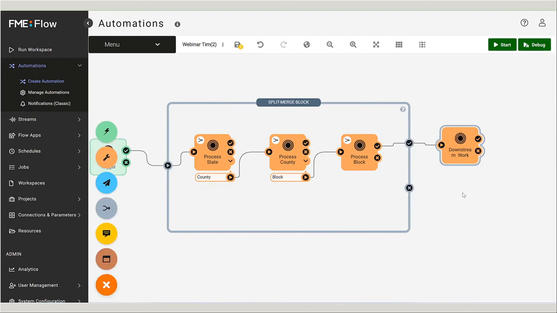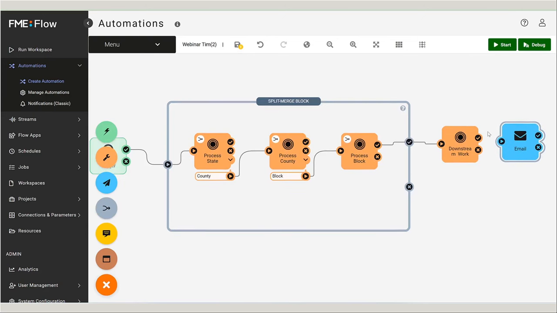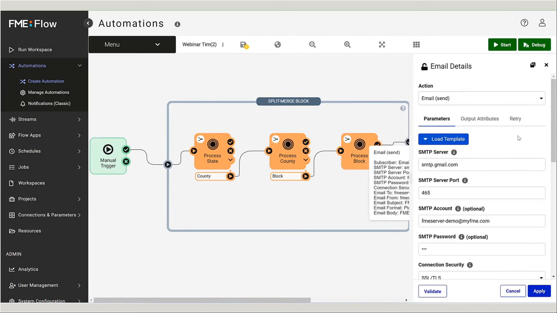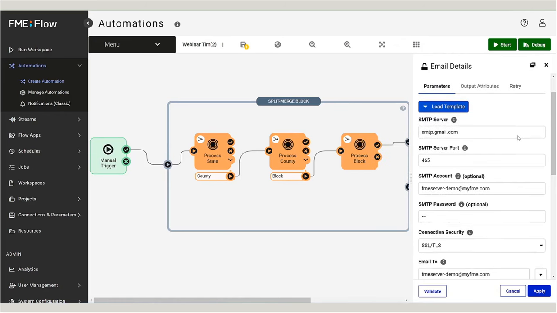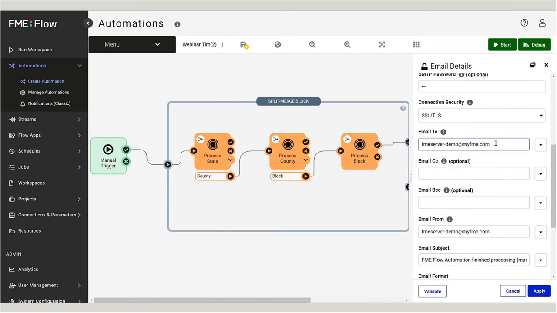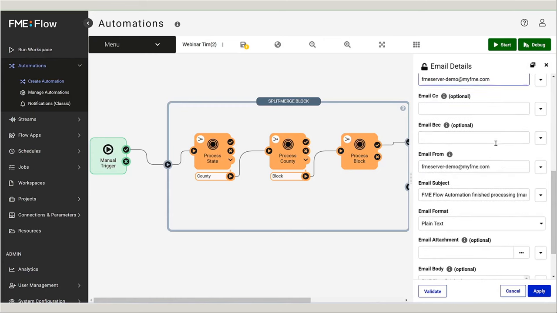I'm going to just paste the email external action here because I've already configured this in the background and I just want to save some time. But looking inside, I've set up a connection to our email server. And I want to be sending an email to myself that's notifying me that the entire automation has been completed successfully. And as I talked about earlier regarding attributes that can be added in the text editor,